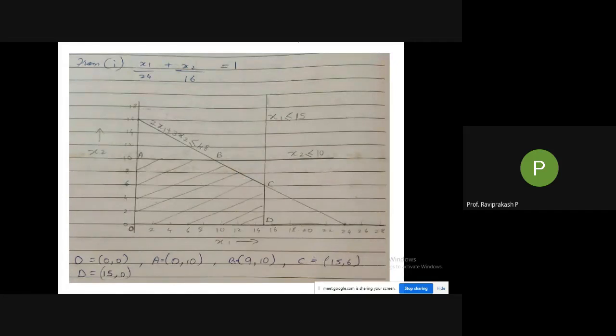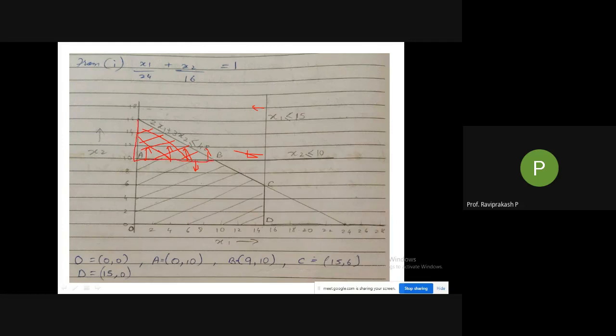So even I can change anything. I can make this greater than instead of less than. If I make this greater than, instead of going down, I need to go up. So my region will be this. Then we need to find which all area comes under this. So this one again, if you see, it goes back this side. So from here we are having, my feasible region will be this, and not this one. This part will be my feasible region.